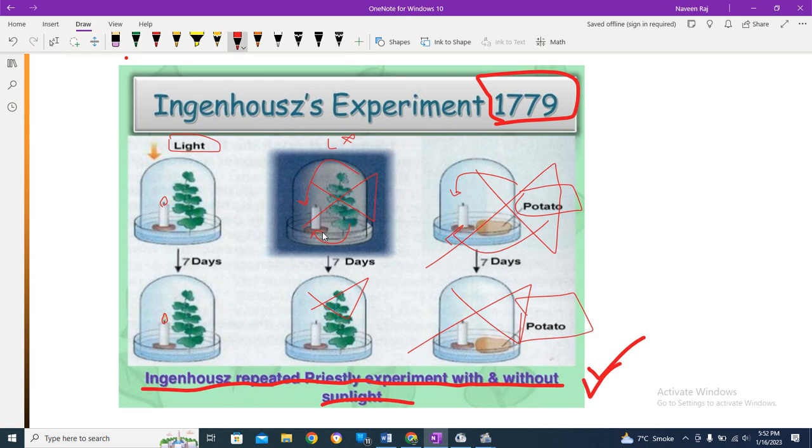This is all happening because of the photosynthesis process, and photosynthesis is absent in the dark, and due to darkness the candle is not burning over here. If light is present, the candle is burning. This was Ingenhousz's experiment,